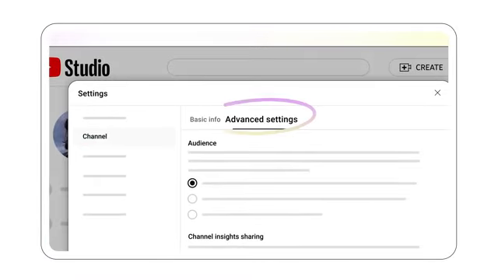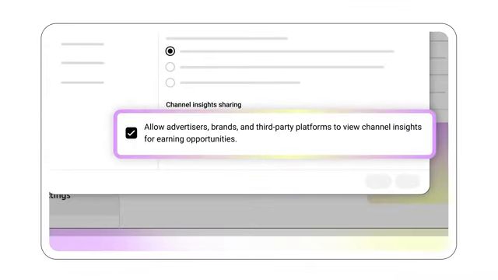To enable the sharing, head to YouTube Studio on desktop, then Settings. Click Channel, then Advanced Settings, and check the box for Allow advertisers, brands, and third-party platforms to view channel insights